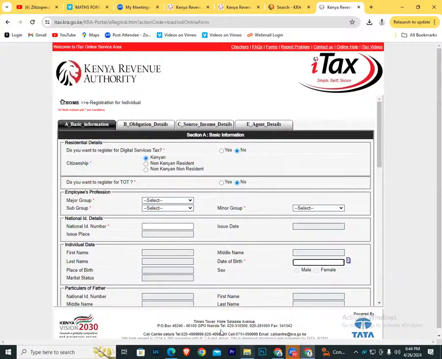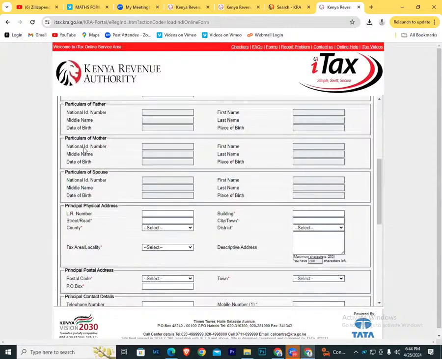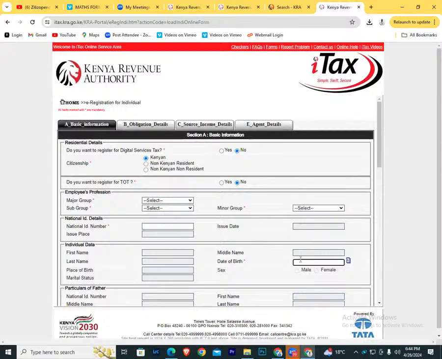The same way that you are given those by the registrar, the National Registration Bureau. So you will come here and key in your national ID number and your date of birth. All this other information like your first name, your middle name, your last name, your date of birth will be picked directly from what you key in here. So once your date of birth and your national ID number are matching, because remember, these two categories of information are read directly from the place where you got your ID, that is the National